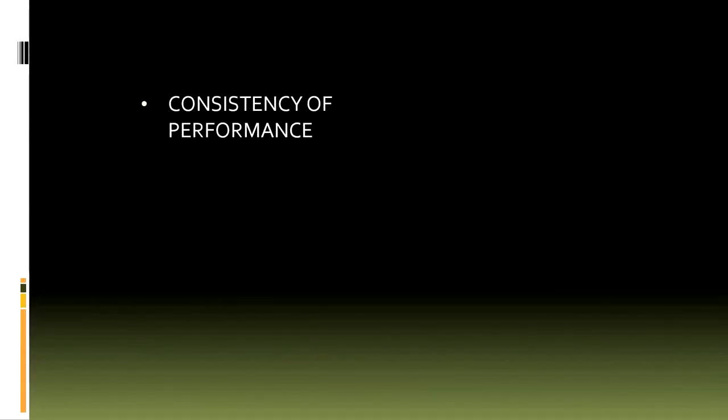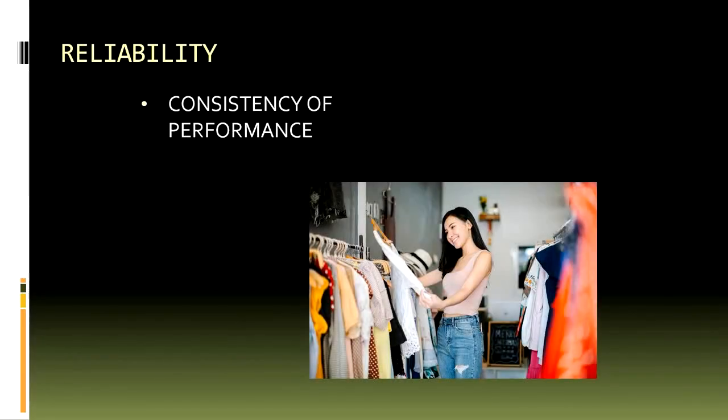And next comes consistency. Suppose a product is there, how consistent it is, how long it will be there with me or with the company. So that is the consistency of the performance. First we have seen the performance of a material, and then we are seeing what the consistency of that performance is, whether we can rely on that kind of product.